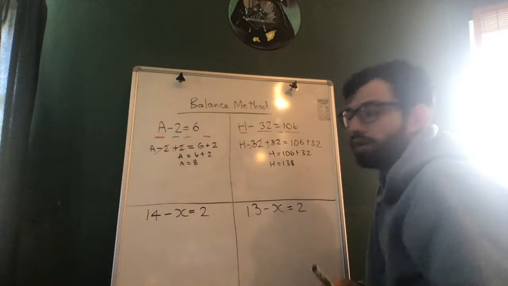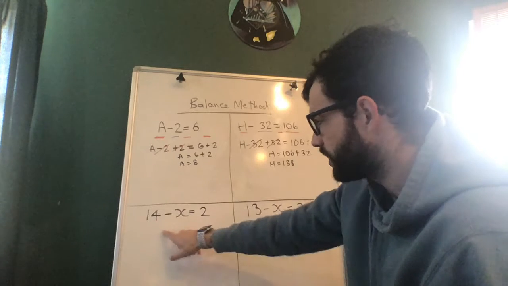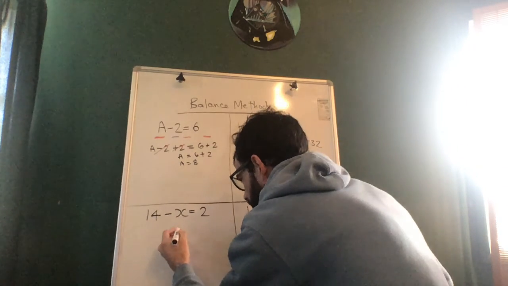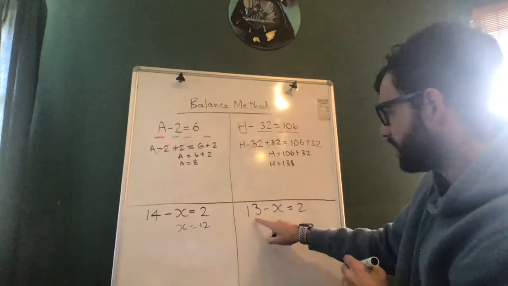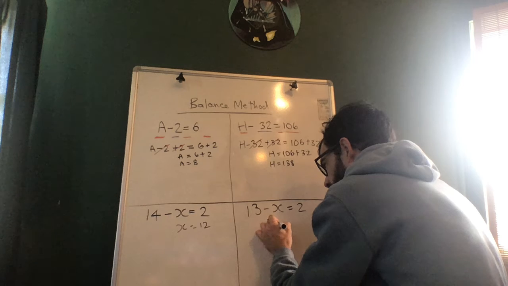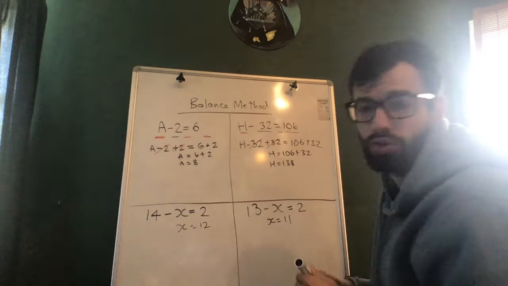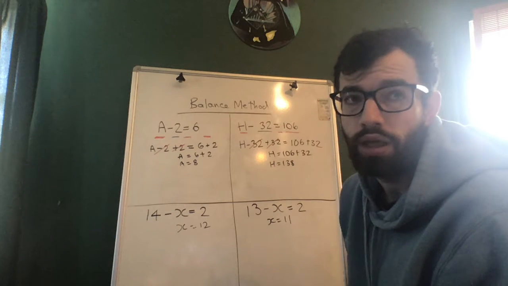So in this one, we can look at it pretty straightforward because they're low numbers. We can go, well, 14 take away 12 is going to give us 2. So that means that x equals 12. Okay, here, 13 take away 11 is going to give us 2. So x equals 11. We can use our really simple knowledge of maths to figure that out. However,